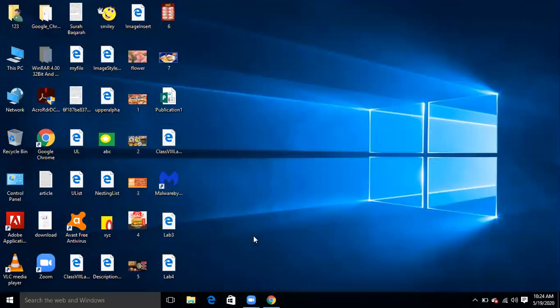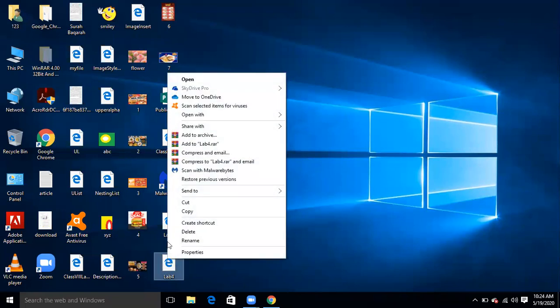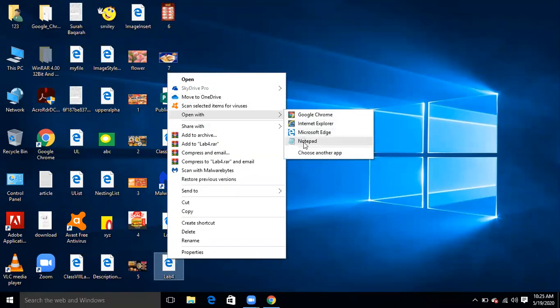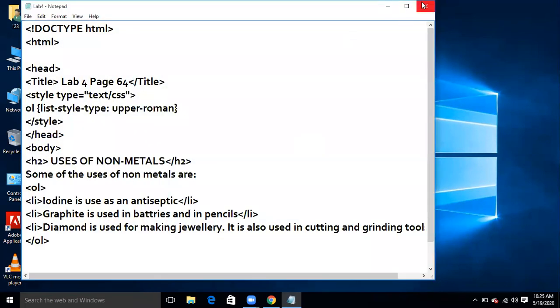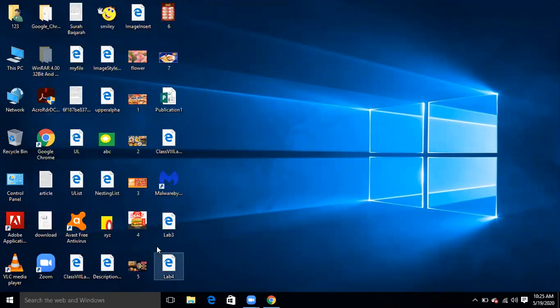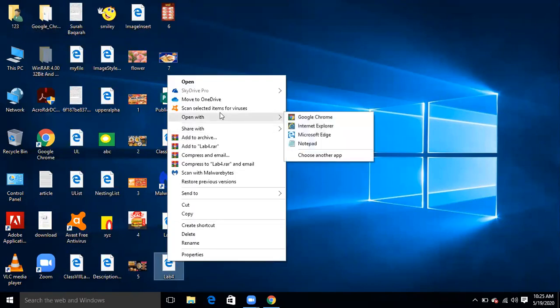Because when you right click on it and go to open with, if you go to Notepad, it will show you the coding. I have already explained this. If you right click on it, go to open with, and choose Google Chrome or Firefox, then it will show you the output.